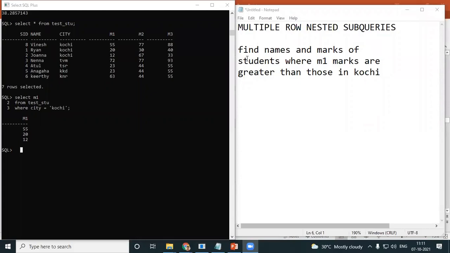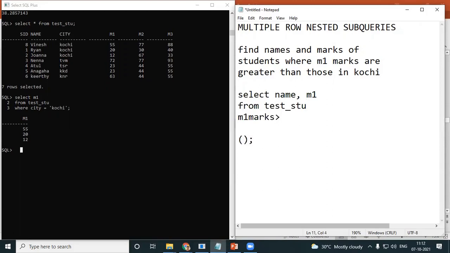Okay, so let's come back to our query. Find the names and marks of the students where marks are greater than those in Kochi. So, select. What do you want? You want the name and M1 from test_stu, where the M1 marks are greater than the Kochi people's marks.